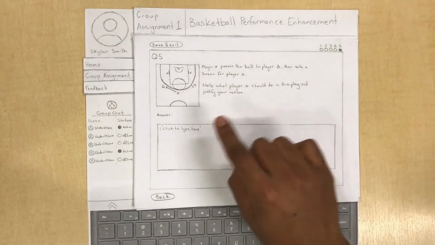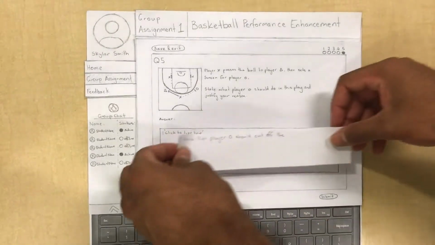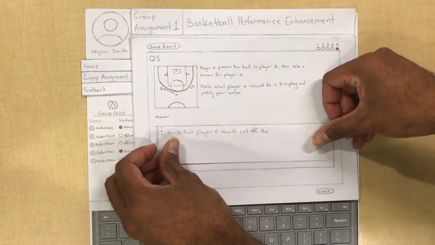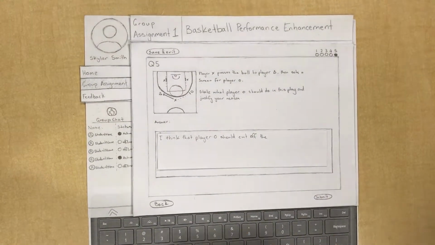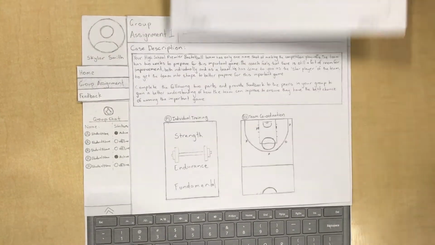She then once again proceeds to answer her question, but in the midst of it, gets a call from the office saying that there's a family emergency and she needs to leave right away. She then decides to click the save and exit button to save her work and return back to the group